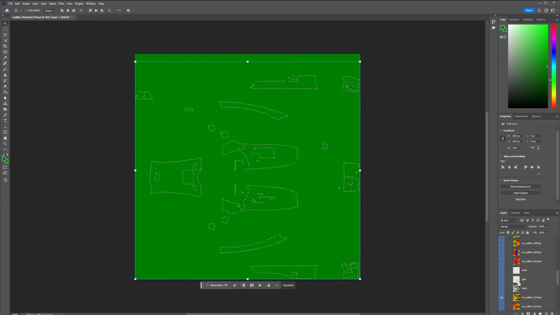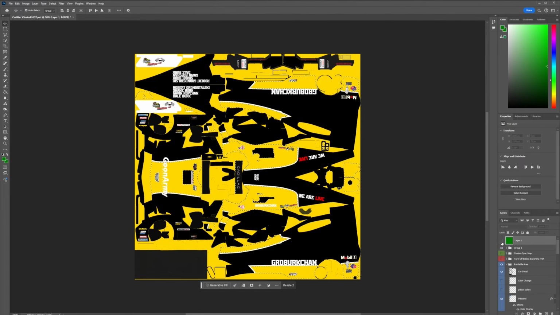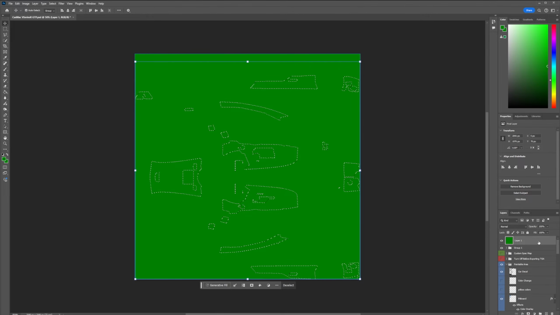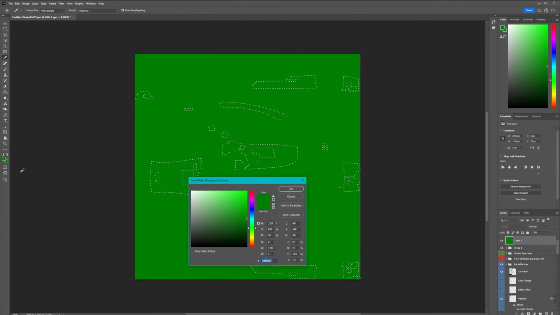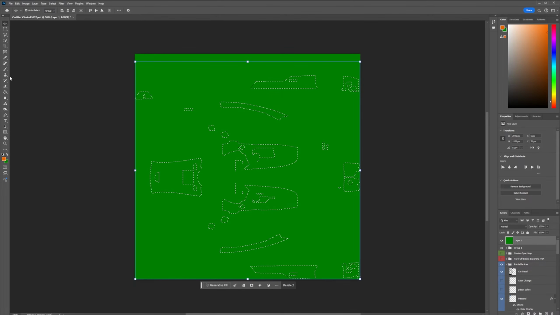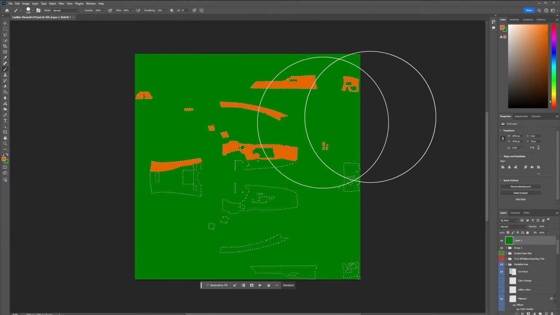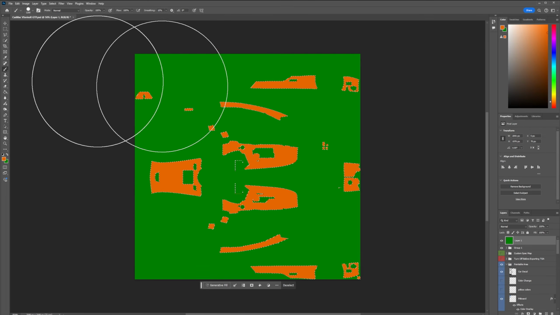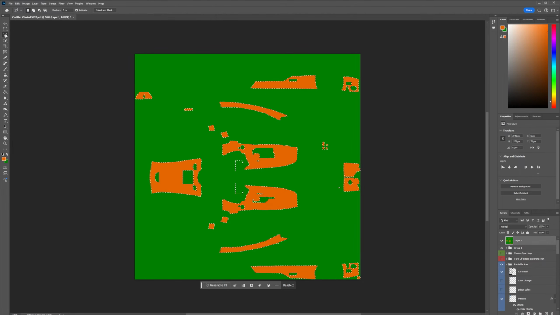So I can go here, hold Control, and click the image of the layer there, and it selects all the gold that's on the paint scheme here. As we can see, it selects everything that's gold that's actually visible on the paint. And then we can go ahead and go here, let's paste in that color code we copied from the website, and then do the same process, just color that in just like that. And then that section of the race car will be